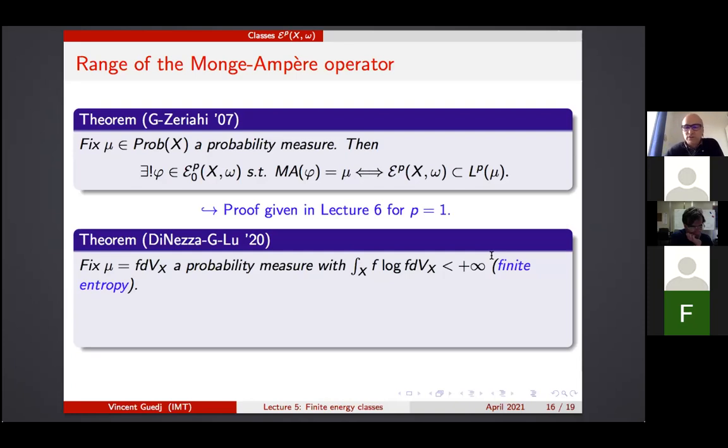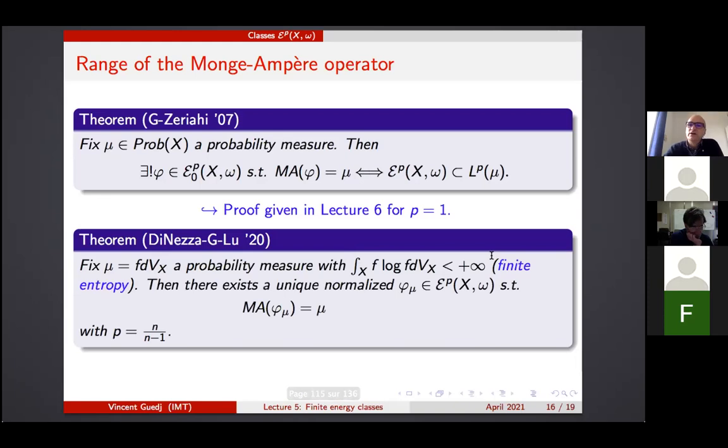Such measures play an important role in Kähler geometry in various ways. Such a measure is the Monge-Ampère measure of a unique normalized finite energy potential. And it turns out that phi_mu here belongs to E^p, where p is n divided by n minus 1. And this exponent is sharp. So you see that for n equals 1, something special